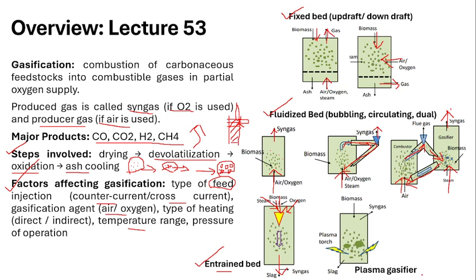And now coming to the plasma gasifier, what is happening here is that biomass is supplied on the top with the help of the plasma torch. So plasma is the fourth state of matter, right? We have solid, liquid, gas, and another form, which nowadays is called plasma. So the plasma torch is used for heating of the biomass, and finally the syngas is collected from the top of